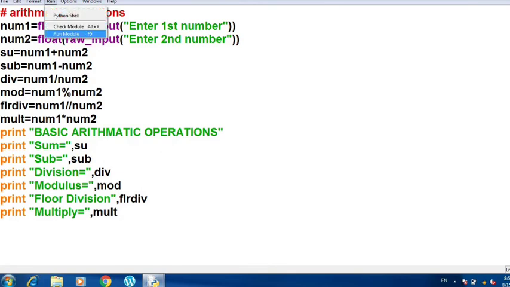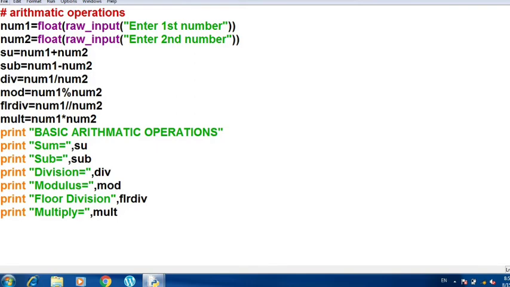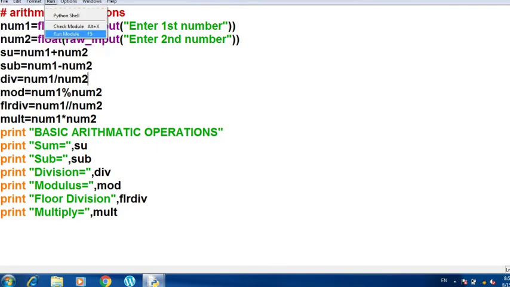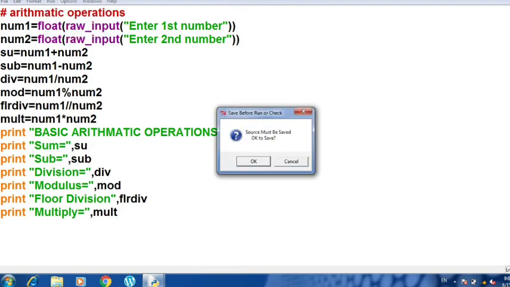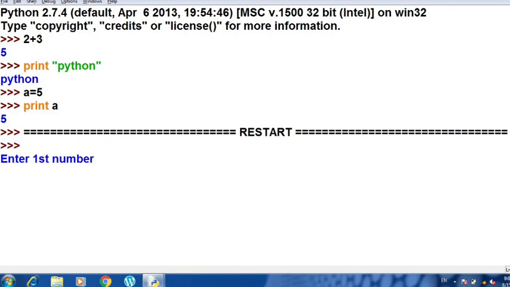So you will save the program. You can go and save the program from file menu as well, save it and then go and run it with the help of F5 function key or from the run menu. Or if you have not saved, even if you directly click on run module, it will ask you to save the program, so you have to save it. I have saved, and now you can see that on the screen we are getting the statement that enter the first number. Let me write here 500. Enter the second number. I am writing here 5.